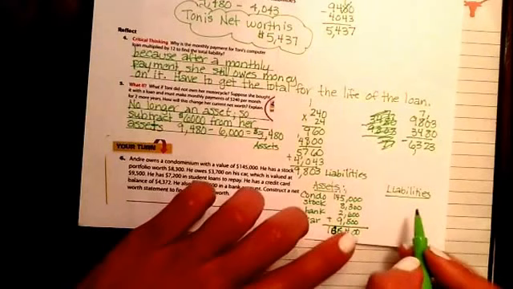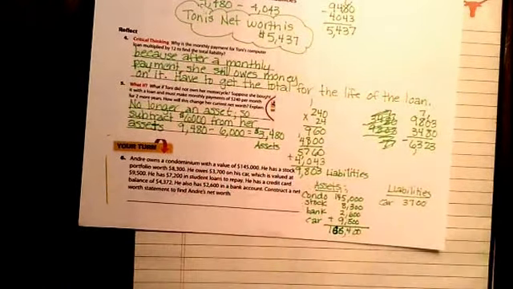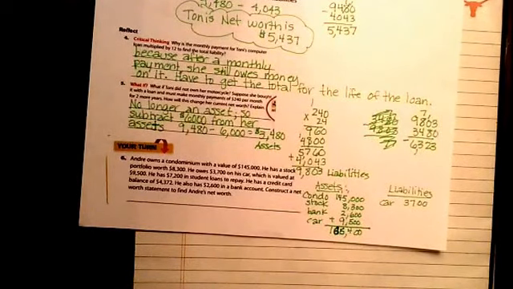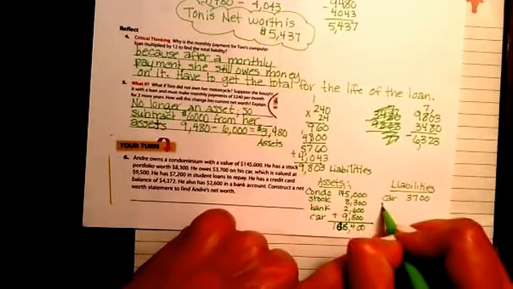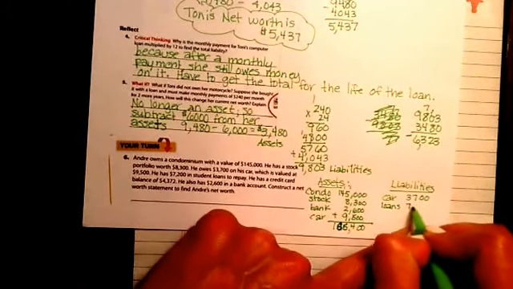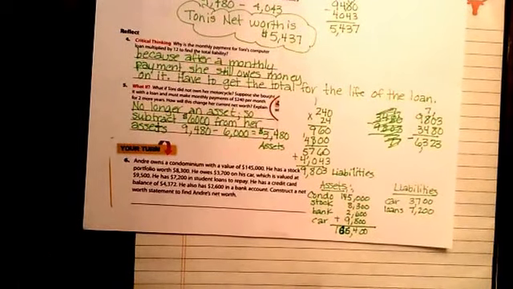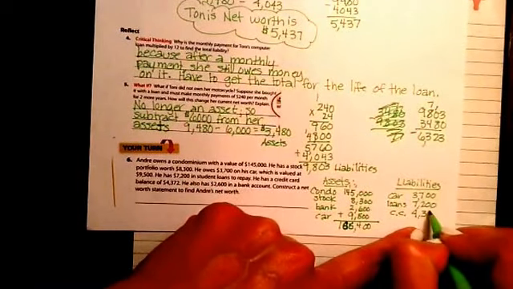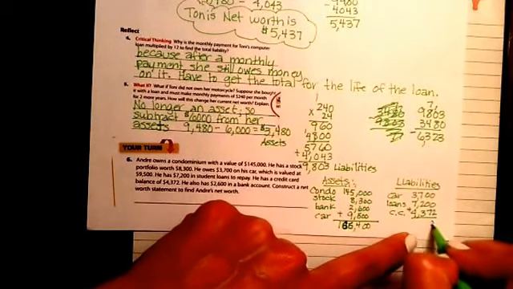So in the liabilities, he still owes on his car $3,700. So that's what he has as a liability, even though the car is worth $9,500. He also owes $7,200 in student loans. And it also says that his credit card balance is $4,372. We'll put CC for credit card. So when you add this up,